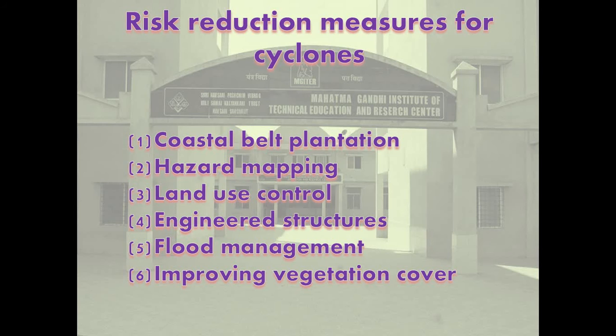In engineered structures, structures need to be built to withstand wind forces. Good site selection is also important. Majority of the buildings in coastal areas are built with locally available materials and have no engineering inputs. Good construction practice should be adopted, like in cyclone and windstorm-prone coastal areas. It is advised to construct houses on stilts or on earth mounds. Houses can be strengthened to resist wind and flood damage. All elements holding these structures need to be properly anchored to resist the uplift or flying off of objects.